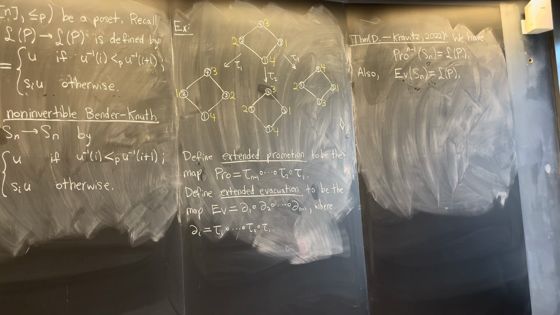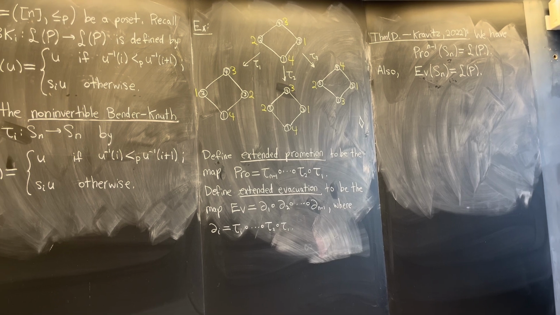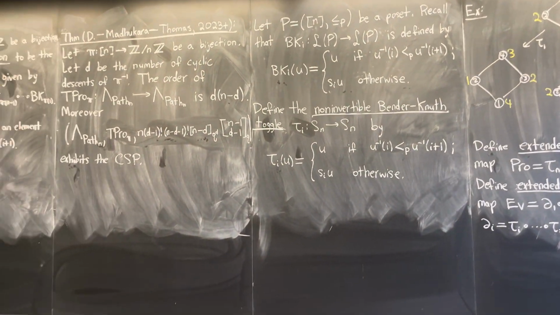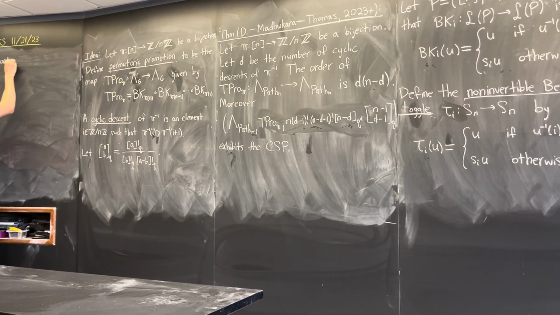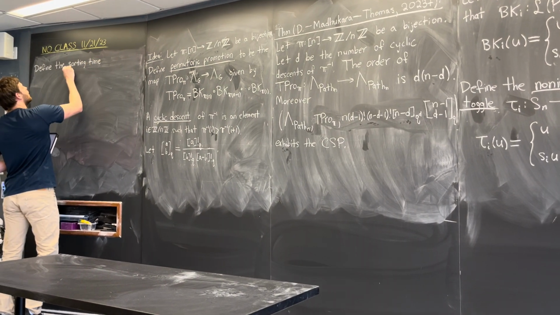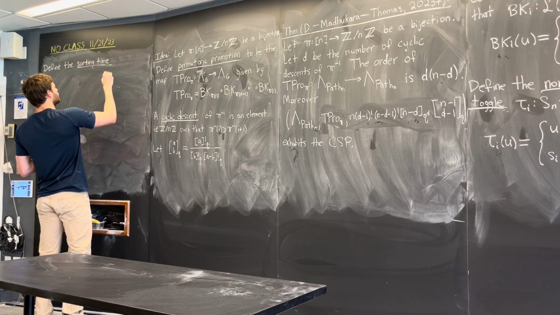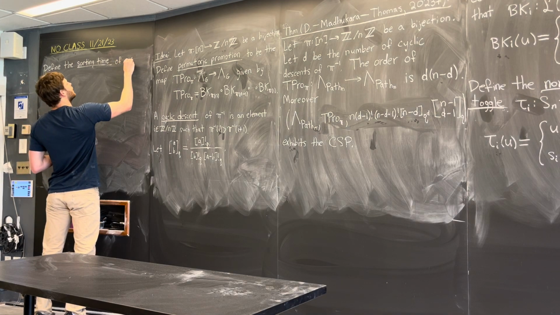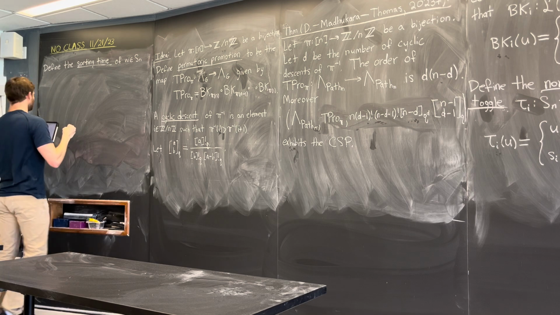Okay. So we can think of this as a sorting procedure on the labelings of a poset. And so I'll define what we call the sorting time of a labeling. And a labeling is really just an element of Sn. So define the sorting time of some W in Sn to be the smallest